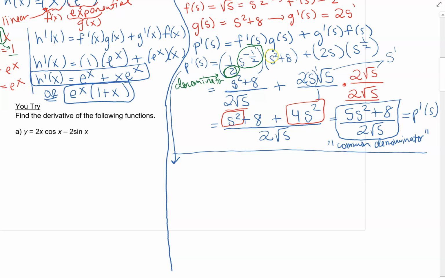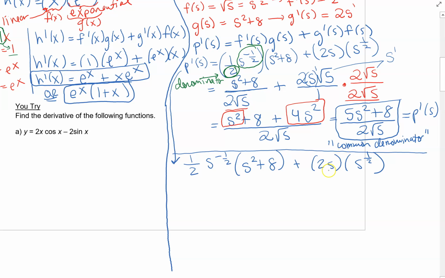So let's say we just finished using the product rule, and I have this. I have 1/2 s to the negative 1/2 times s squared plus 8, plus 2s times s to the 1/2. So this is like alternative ending number 2. The other way of simplifying this is to first